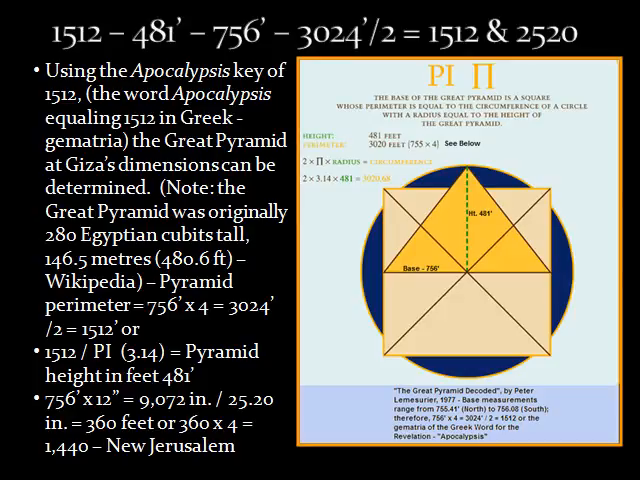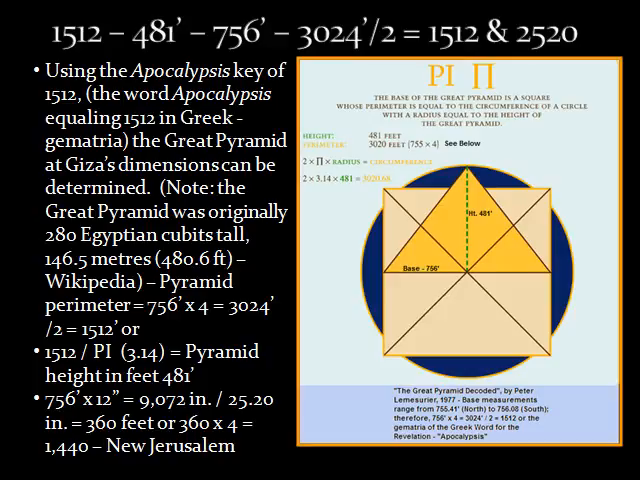cubit number 2520. Now, using the Apocalypsis key of 1512, the word apocalypsis equaling 1512 in Greek, that is the gematria of the word apocalypsis, the Great Pyramid at Giza's dimensions can be determined. Note, the Great Pyramid was originally 280 Egyptian cubits tall, that is 146.5 meters, or 480.6 feet, 481, according to